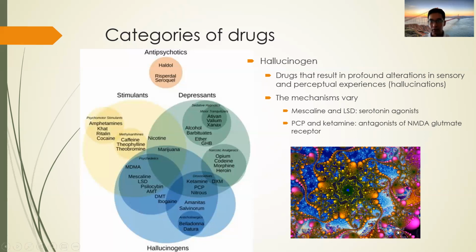The picture in the bottom right corner is something people can see when using these hallucinogens. You can see this is not reality at all. So these are the three categories of drugs or substances.